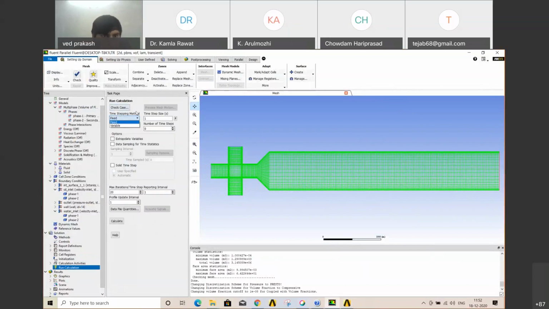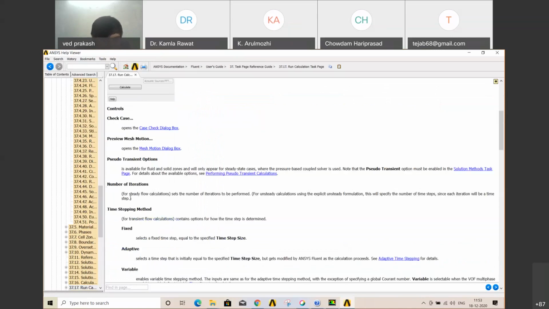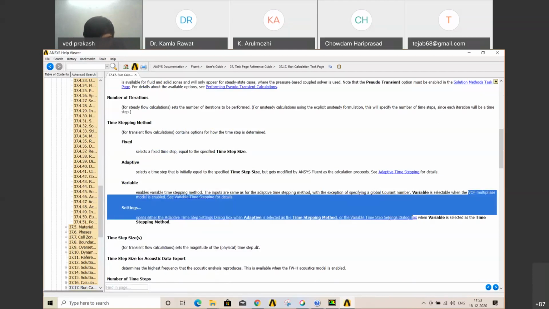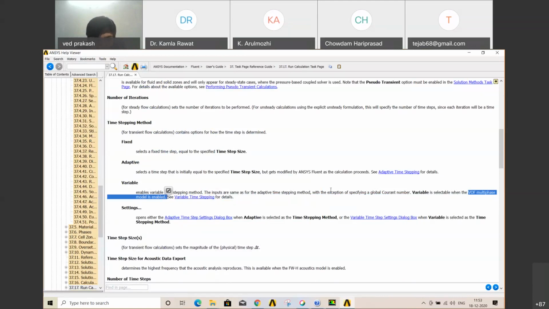Okay, time stepping methods, how to select this, you can also see here. There are a number of time stepping methods: fixed, adaptive, variable. When to use which method? In case of the variable time stepping method, the inputs are the same as for the adaptive time stepping method, with the exception that it is selected when the volume of fluid multi-phase model is enabled. So that's why I'm using